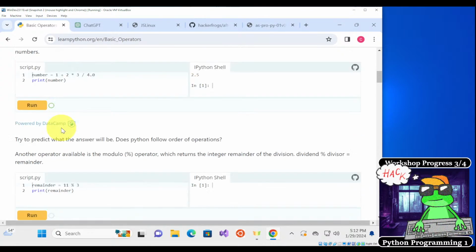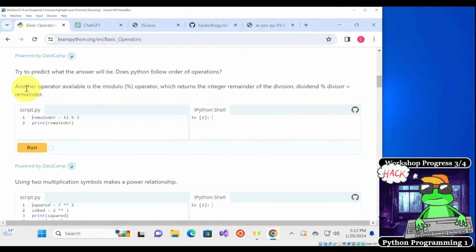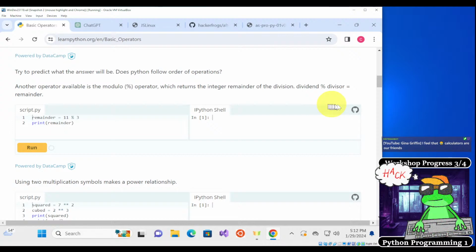All right, try to predict the answer. Does Python follow the order of operations? Well, the great thing about computers is that they know how to do math. Another operator available is the modulo operator, which returns the integer remainder of division. So dividend modulo divisor equals remainder.